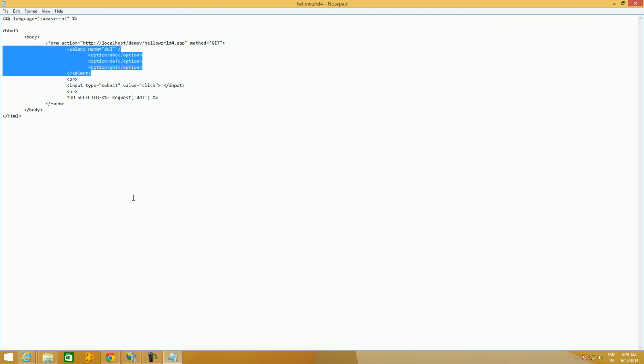And here we have given an ID, that is a name, to the combo box, so that we can use that ID, the name of the combo box, later to retrieve the item that is selected by the user.